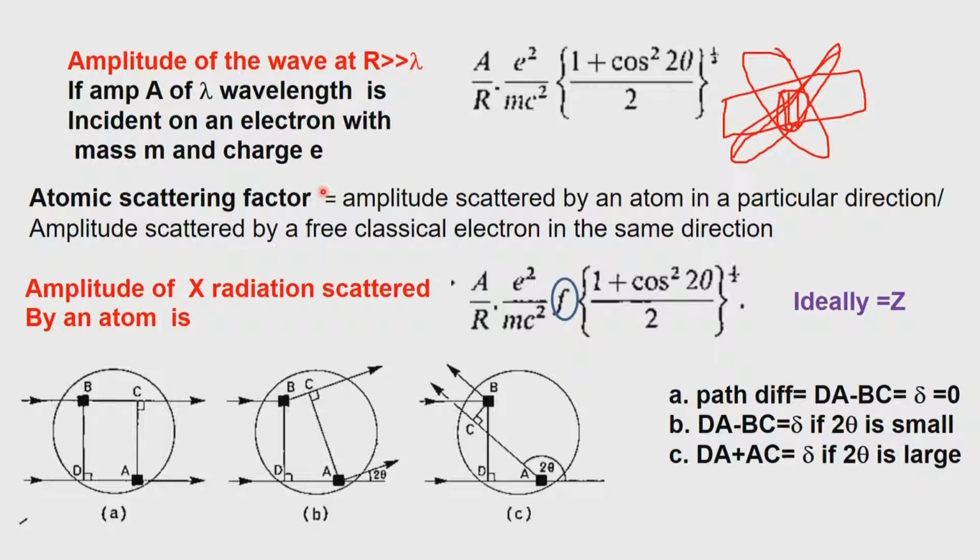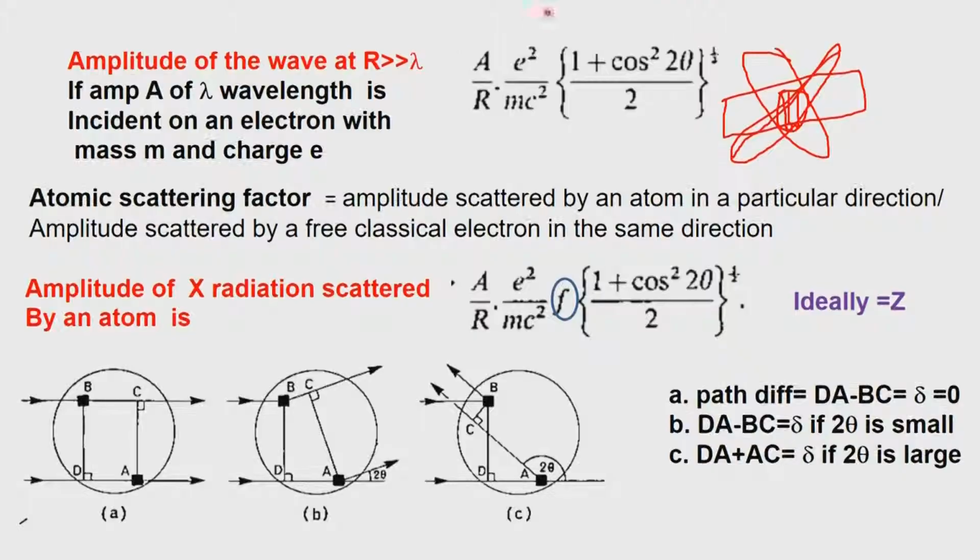So, if the scattering angle is 0 and the carbon atom is situated there, all the electrons will contribute to that one, and therefore, it is proportional to 6. I am using the word proportional to 6 because it depends upon where you define your 0 in your crystal system, where is your reciprocal lattice origin. You saw it in the previous diagram, it is variable, we can decide where the origin is depending upon where we would like to take the reciprocal lattice point origin. And therefore, the atomic scattering factor is proportional to Z, the atomic number.